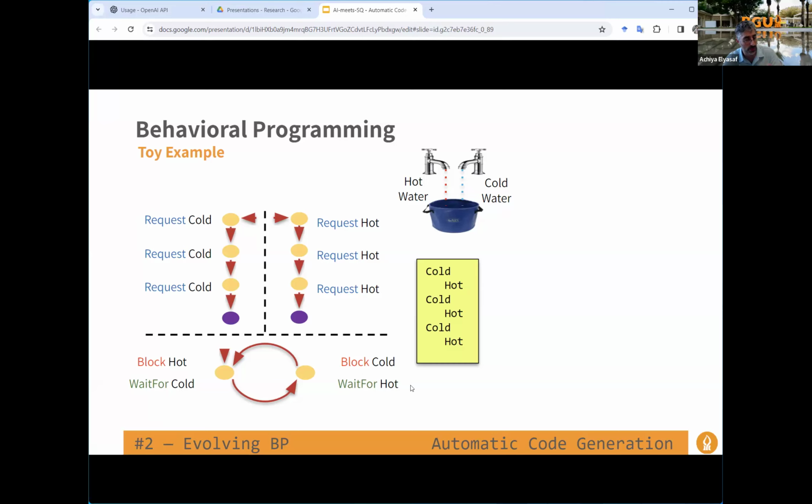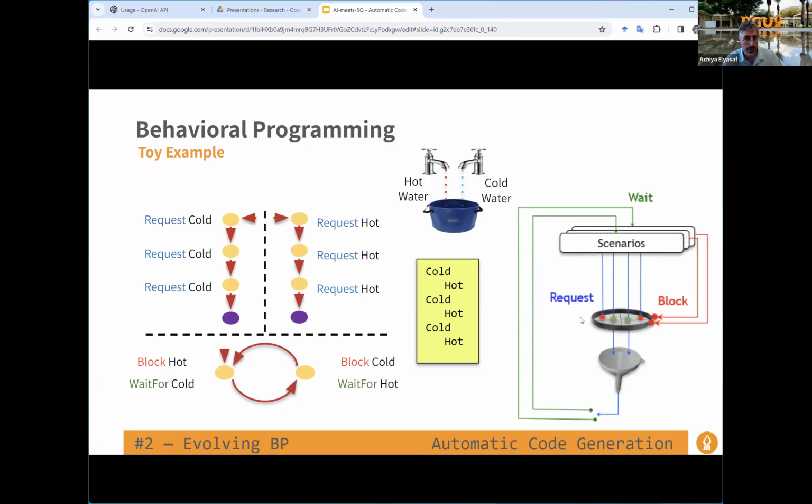And how does it run? So this is the execution engine that you saw before. It takes all these scenarios. Here we have 3 scenarios. Whenever all of these scenarios reach the yellow points, it asks them, what do you request? What do you wait for? And what are you blocking? Then it takes all the requests, filters the blocked events, and then selects one randomly. So here in this example,